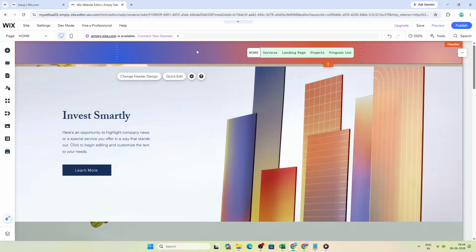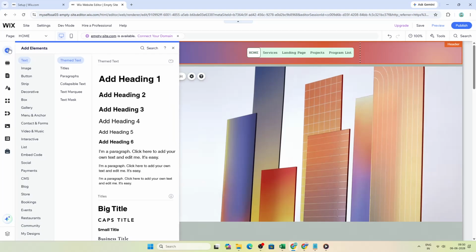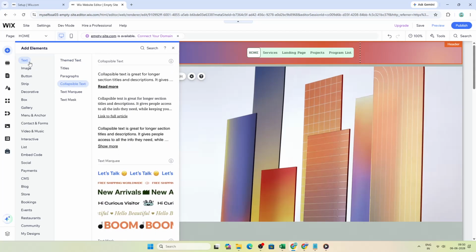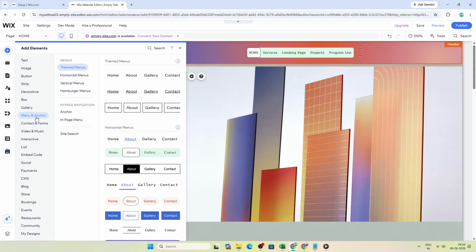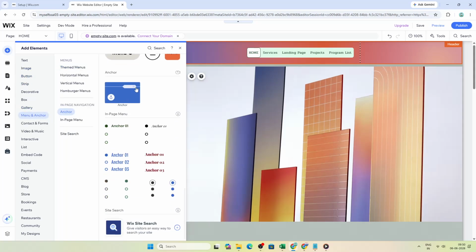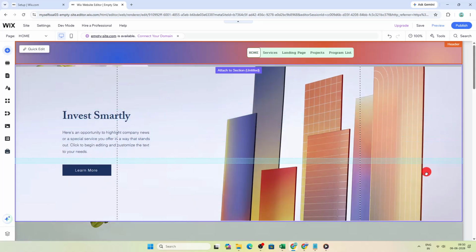First, open your Wix website in the editor so you can begin making changes. Once you are inside the editor, go to the left-hand side and click Add Elements. This is where Wix keeps all the building blocks you can place on your site. From there, select Menu and Anchor. You'll then see the option to add an anchor. You can either click Anchor to place it on the page or drag it to the exact location you want